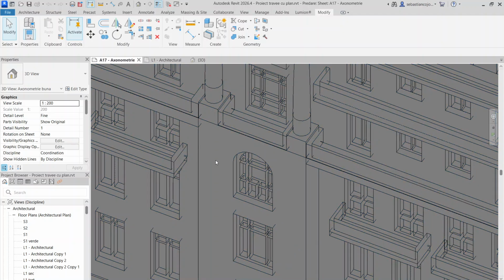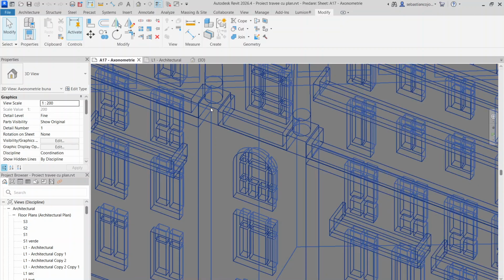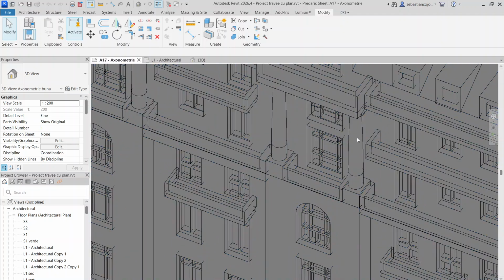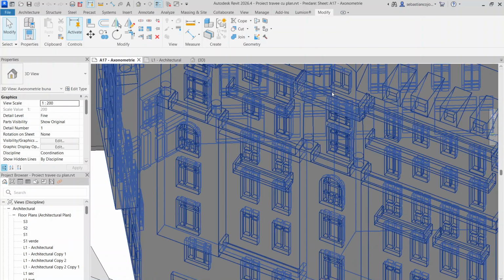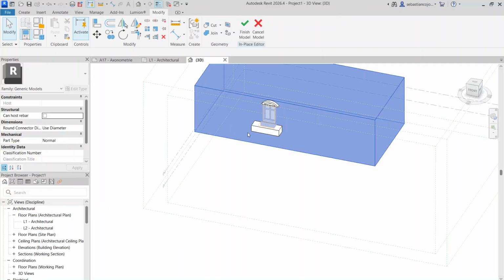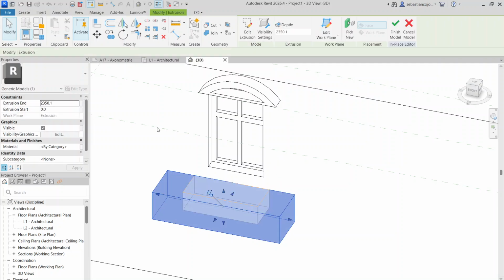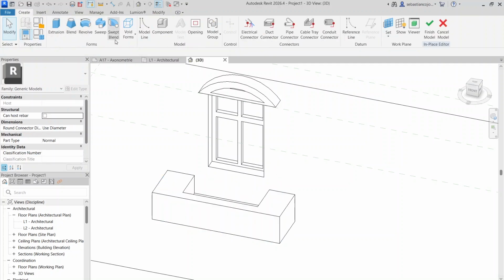I have this sort of loggia, balcony, whatever you may call it, and I put on the side these two columns. So to create such columns, I'll use some new tools and I'll show you immediately. So I have this volume, and now I have this create. I will create, I think, again an extrusion,